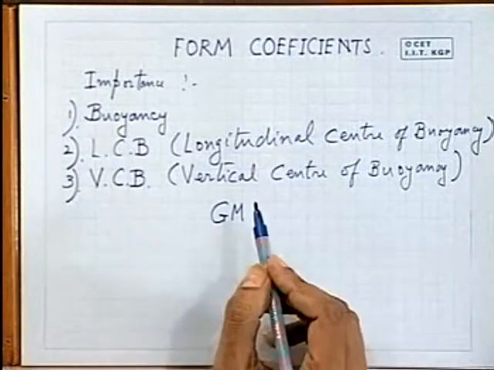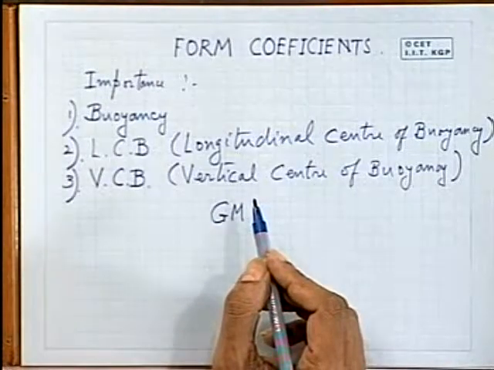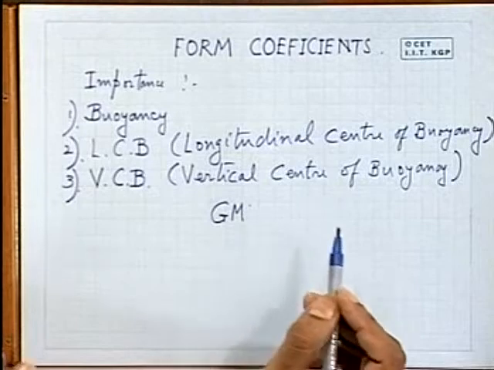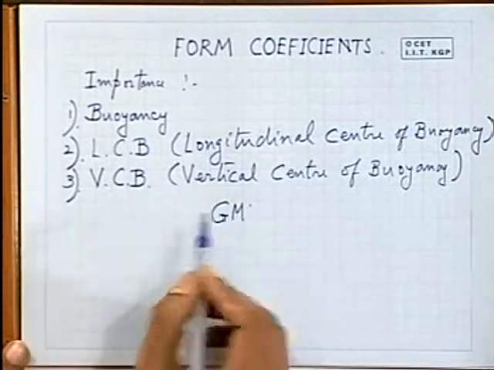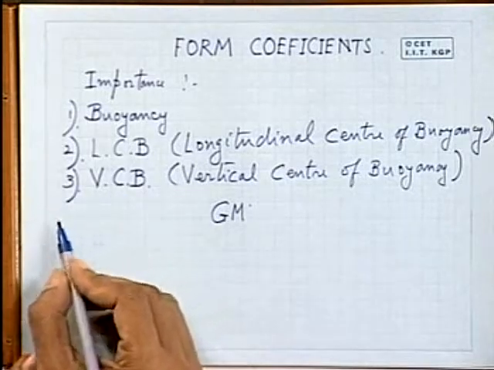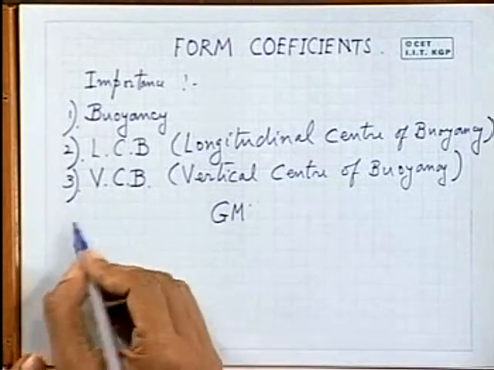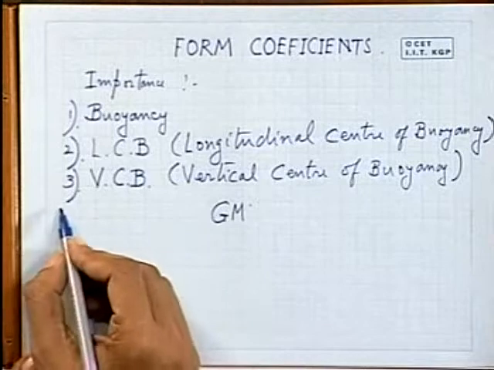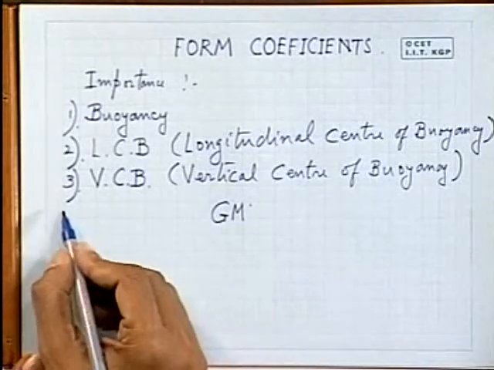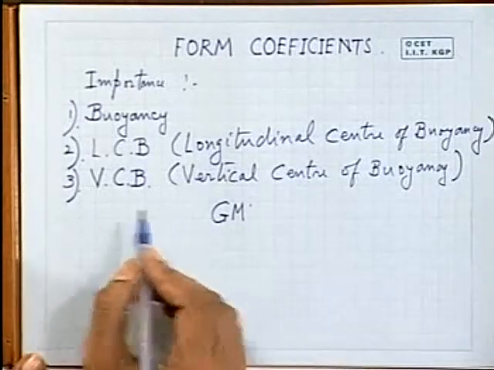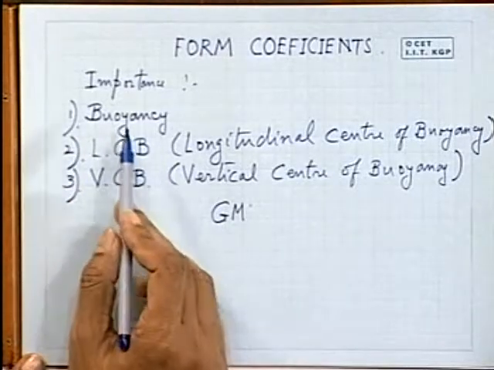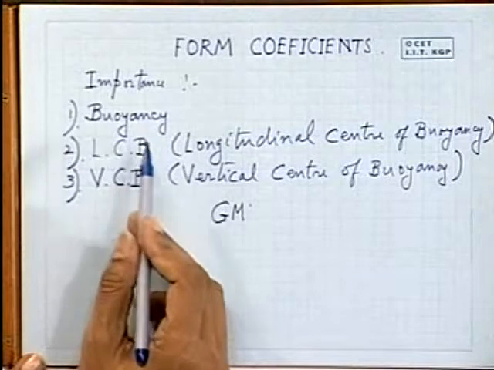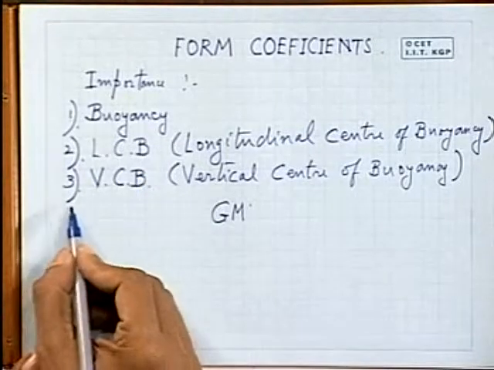And this VCB is important from the point of calculating this metacentric height. Normally if the G, or the center of gravity, goes beyond or approaches VCB, and GM falls below a certain level, then the ship can capsize. So from form coefficients you can calculate buoyancy, LCB, VCB, and what is